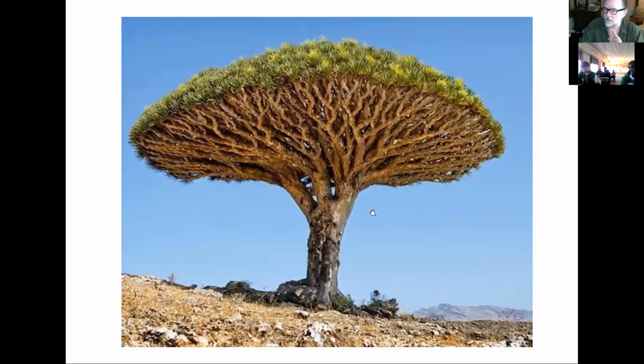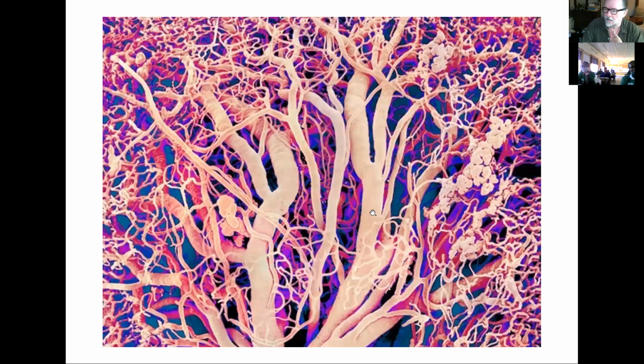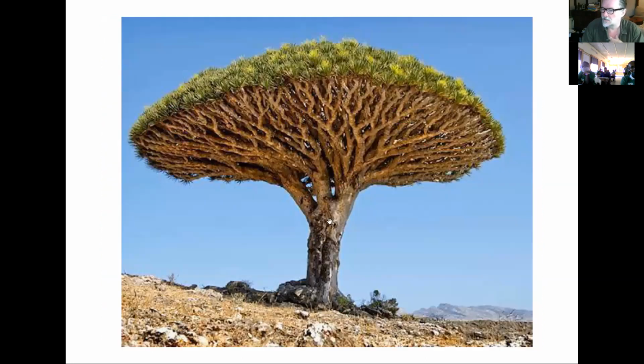But in this tree, same patterns, whether it's in a river estuary, in the human body, or in this tree. This is called the dragon tree, and it's from the island of the Canaries. And look, there's a very simple mathematical formula behind this. And actually, looking at this tree, there's some important ideas that we learn about nature, which is, in nature, things